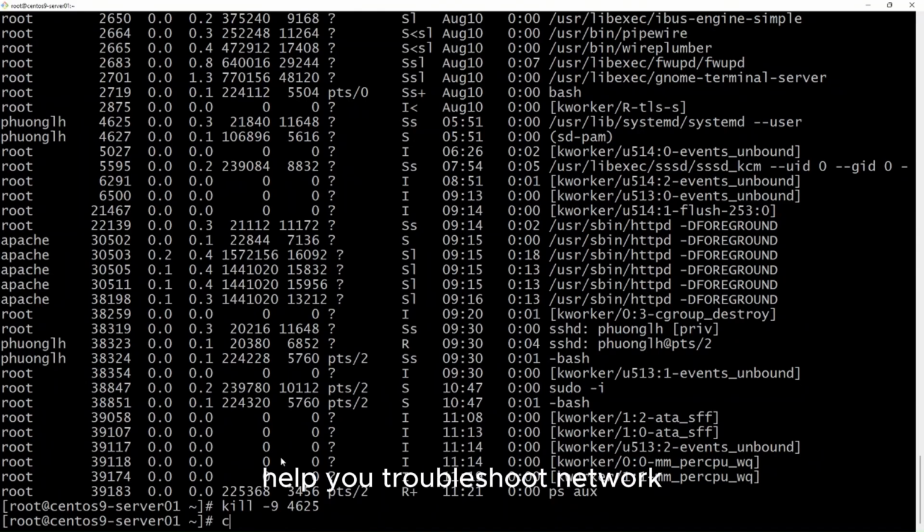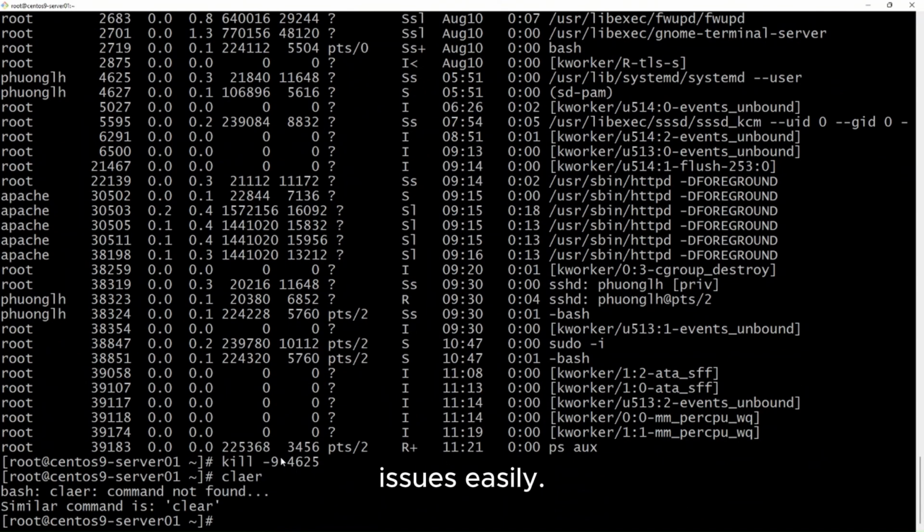Linux can help you troubleshoot network issues easily.